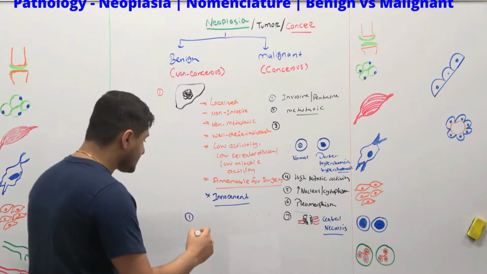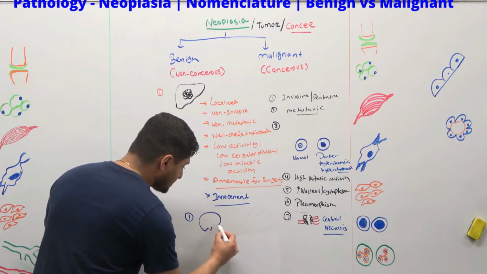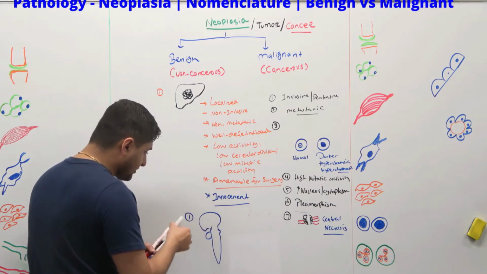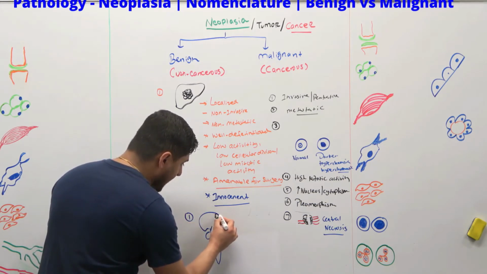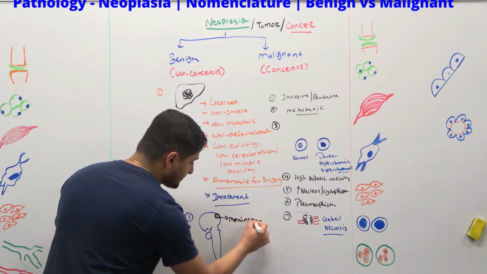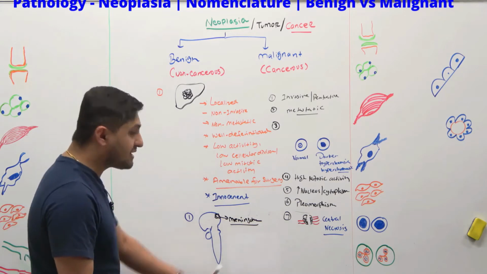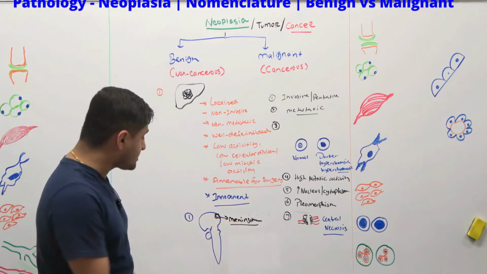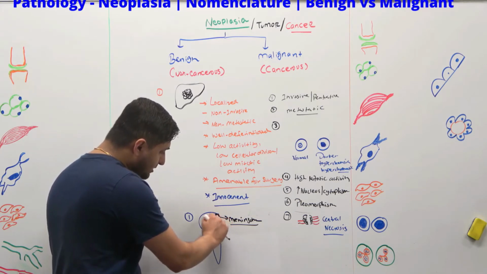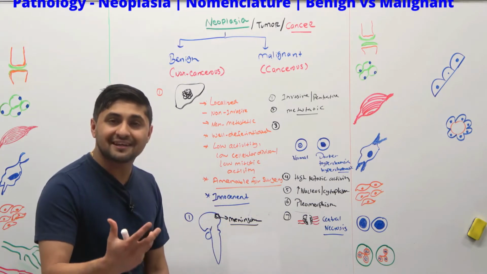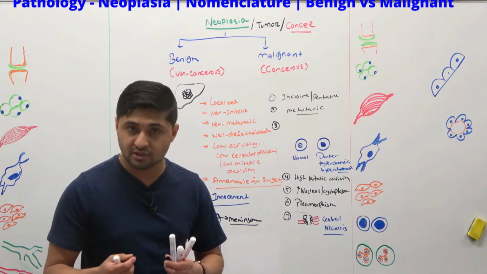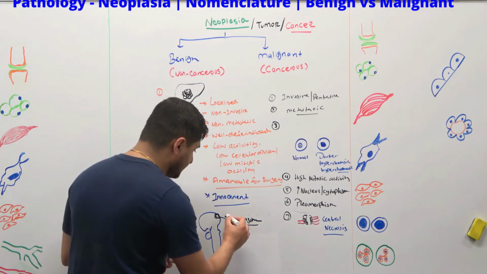On top of that, let's just say I make the brain here, and there is one tumor that happens in the arachnoid matter, and this is basically called meningioma, right? If there is a meningioma, which is a relatively benign tumor, it can compress the meningeal layer, and that can increase intracranial pressure and give you a lot of clinical manifestations, right? This is one of the examples of that.